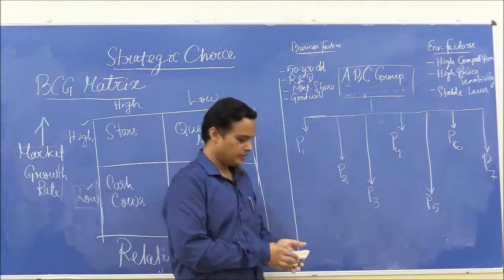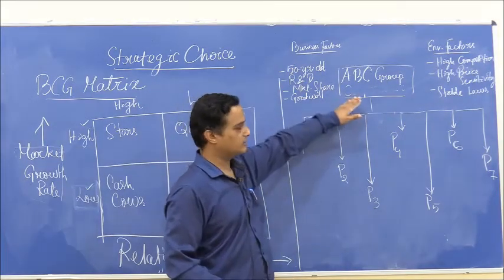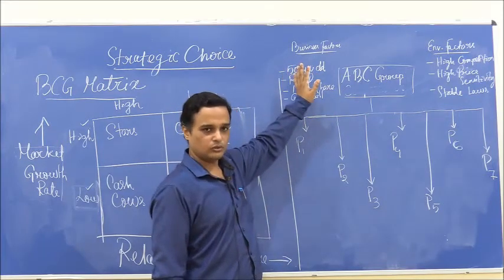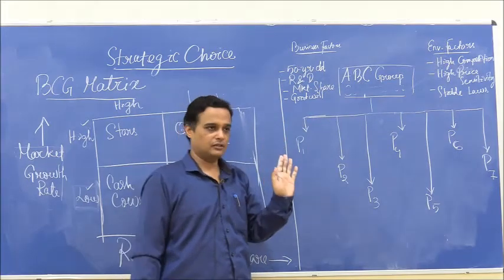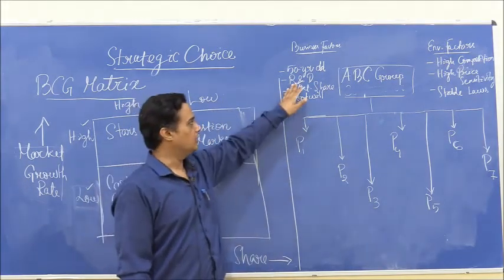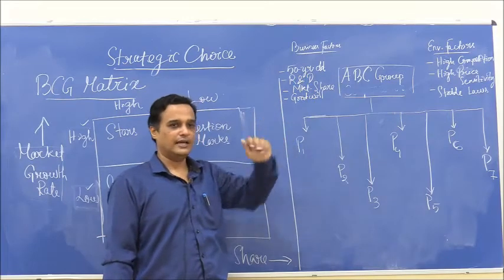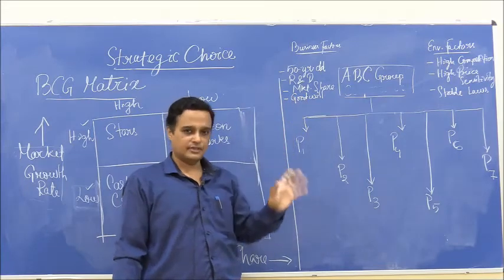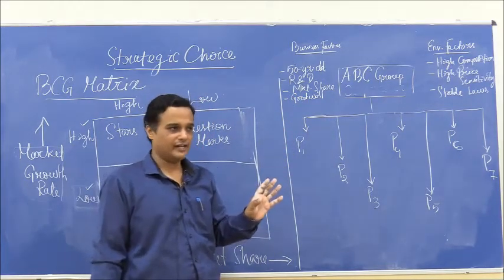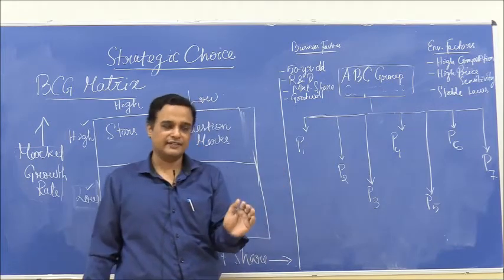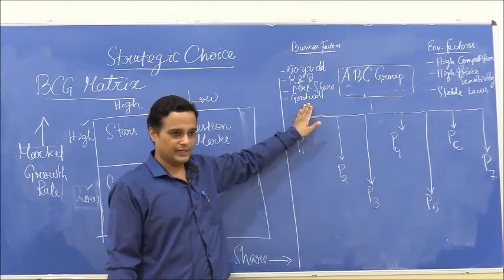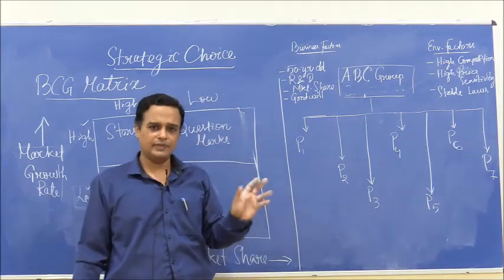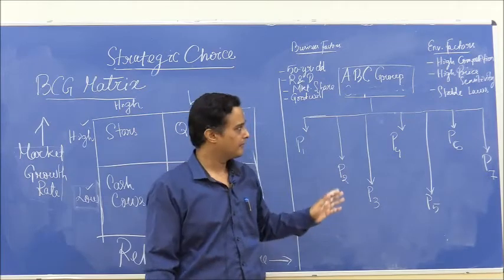We have assumed certain business factors of this ABC group. It is a 50-year-old group, an established and well reputed organization. Among its strengths, it is an R&D focused organization, it has a relatively good market share, good meaning not negative, and goodwill. Well, any organization which has been around for 50 years will have a decent amount of goodwill.